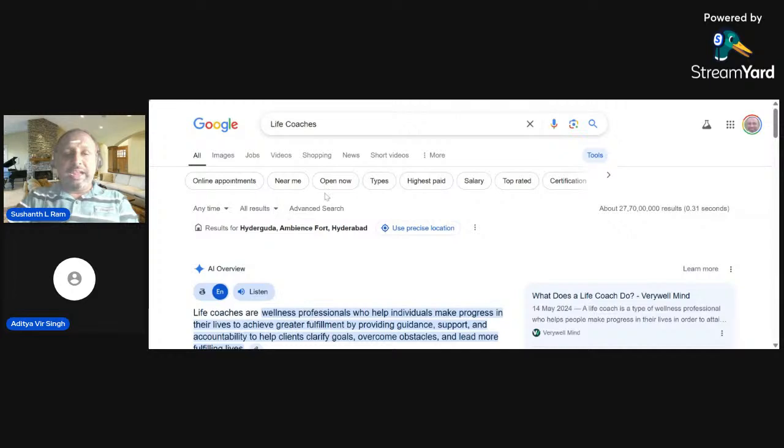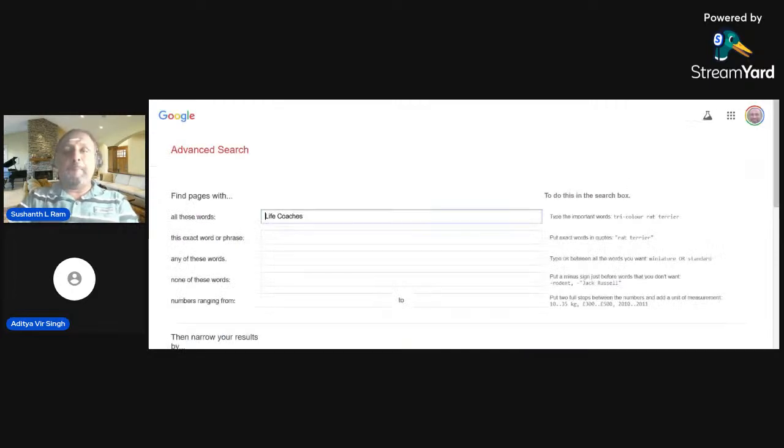Then you will find an option called advanced search. Click on advanced search. Then in the space which says "this exact word or phrase," you type in @gmail.com and press enter.